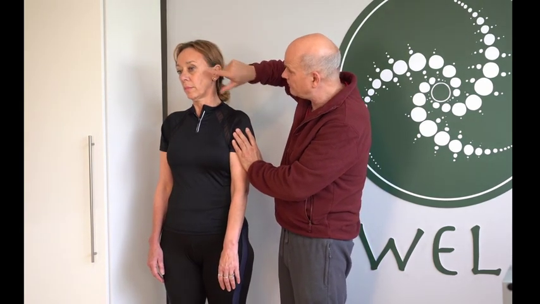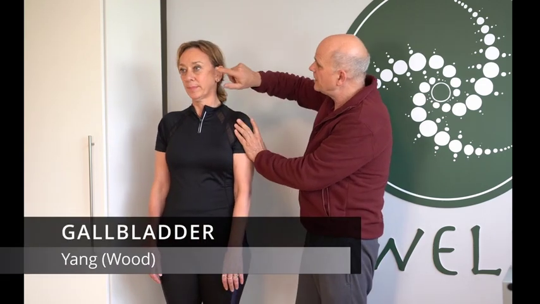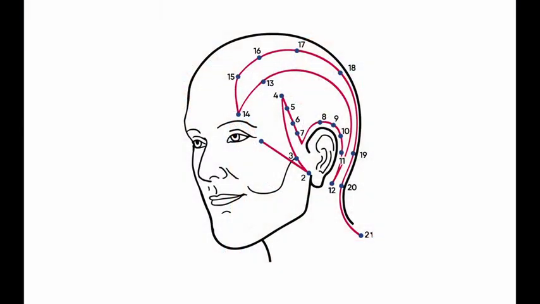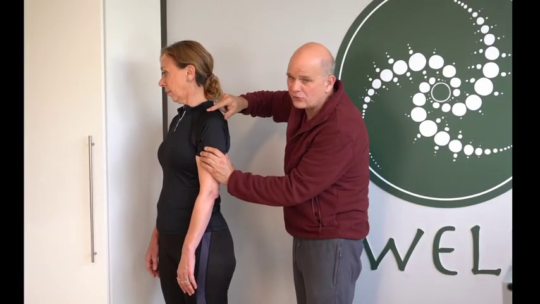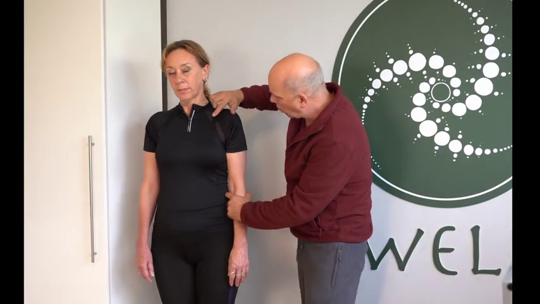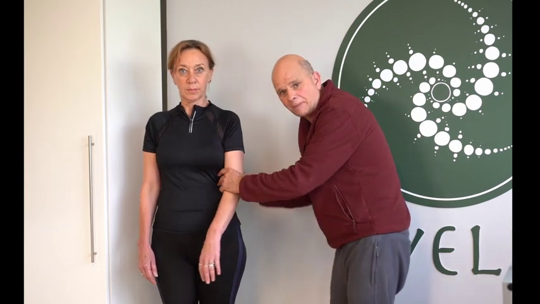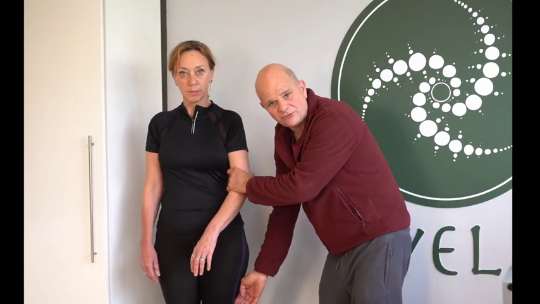And the gallbladder meridian, this is the one that does a lot of zigzagging and influences the sides of the body a lot. It kind of starts here and goes up a bit, down a bit, back a bit, down a bit, behind the ear, forward onto the forehead, round here to the back of the neck, then down onto the shoulder again, onto the chest, down the sides of the body, round on the back onto the buttock, down the side of the leg. So it's done all this zigzagging, covering the sides of your body,